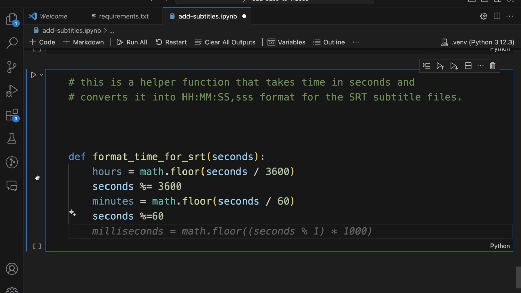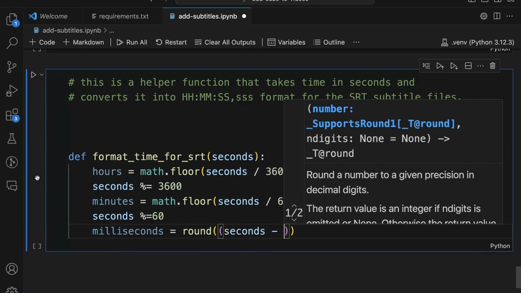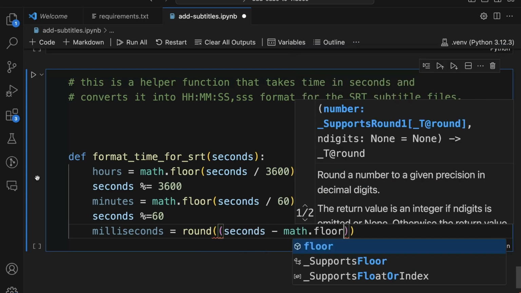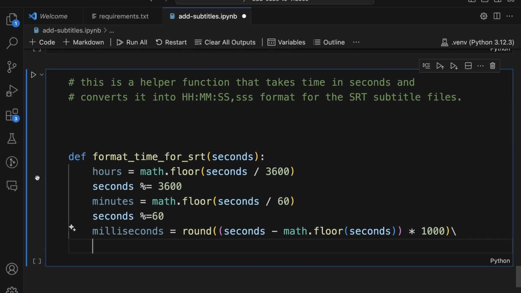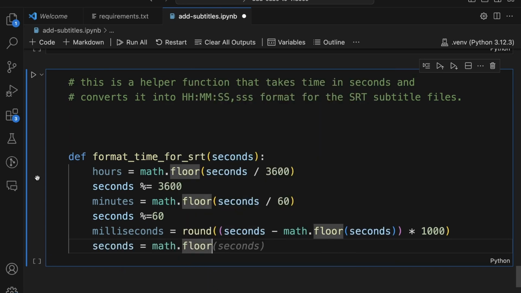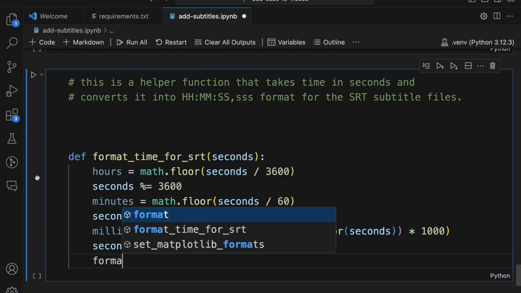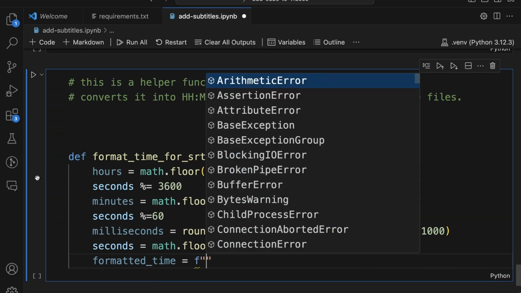Okay, we'll then say milliseconds is equal to round off seconds minus math.floor seconds into 1000. Yeah, that will be my milliseconds. Next, what do we need? We need seconds is nothing but math.floor seconds, and I'll say formatted time, this is my final output, is f